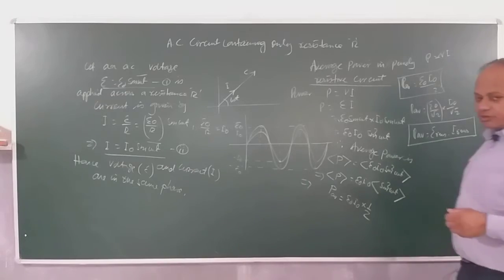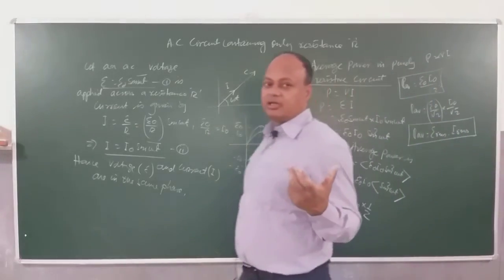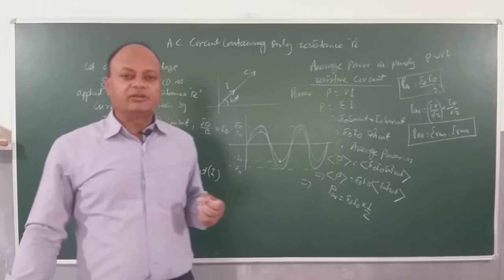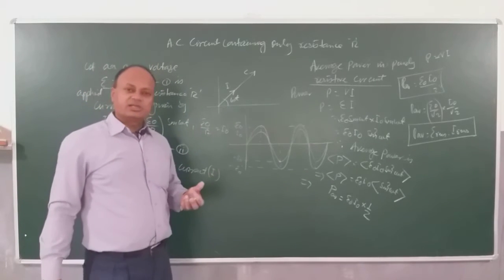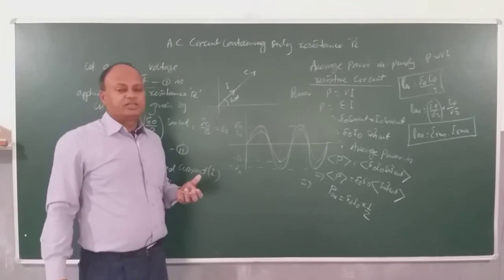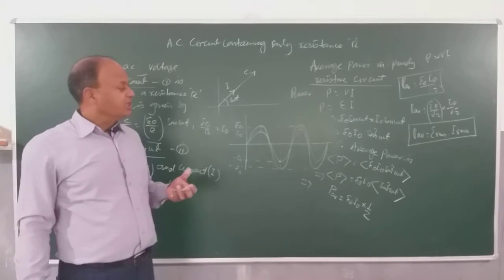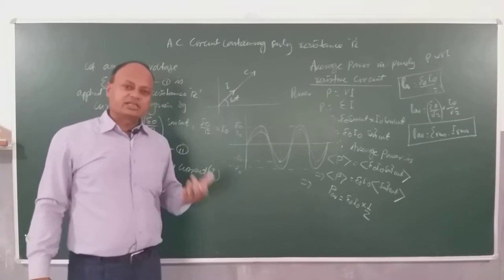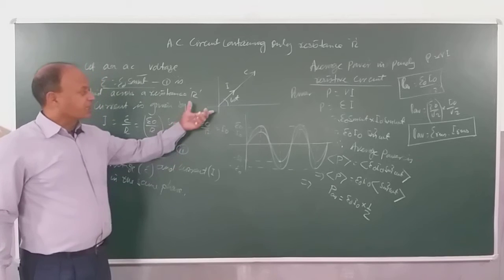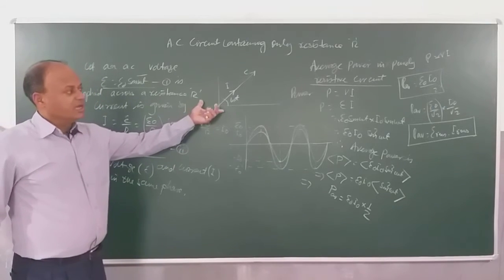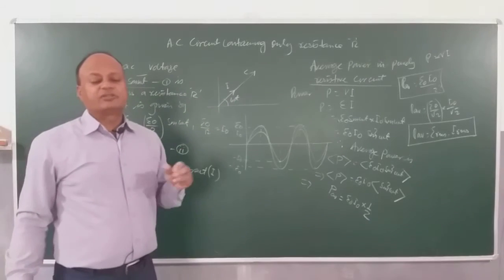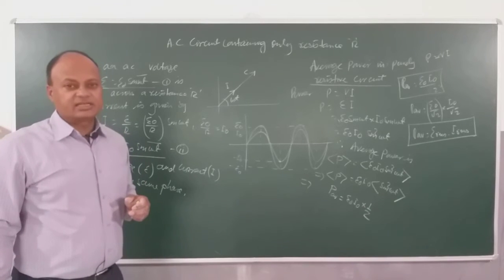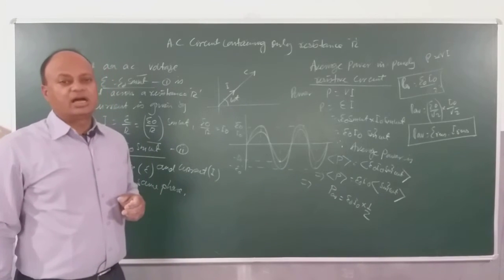So this is one advantage of using AC, that we can cut down the power loss. Clear? We can cut down the power loss if we are using AC across a purely resistive circuit. Okay? So we studied what a purely resistive circuit is. The important features are that here current and voltage are in the same phase, and the power dissipated is half the power dissipated by a DC circuit, and its value is E RMS into I RMS. Okay, children?